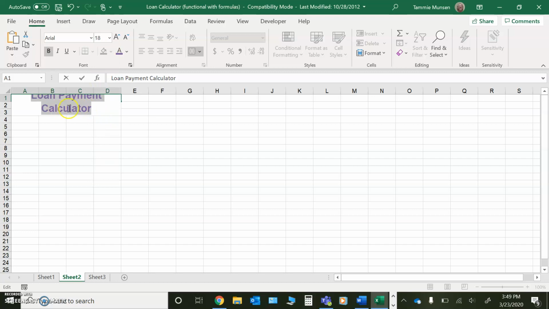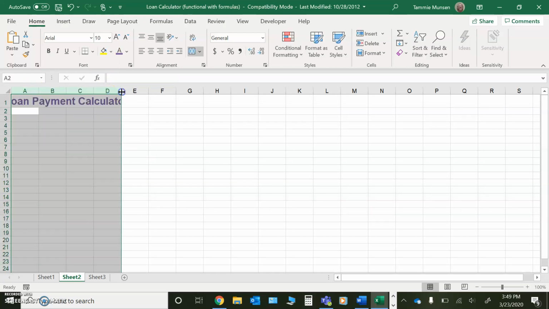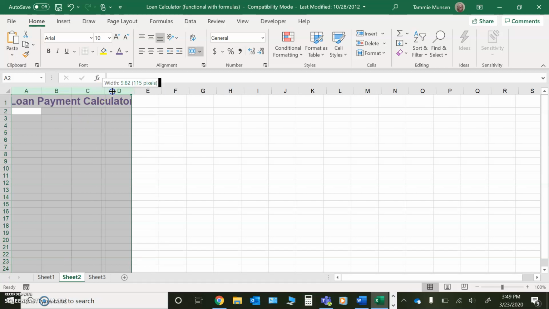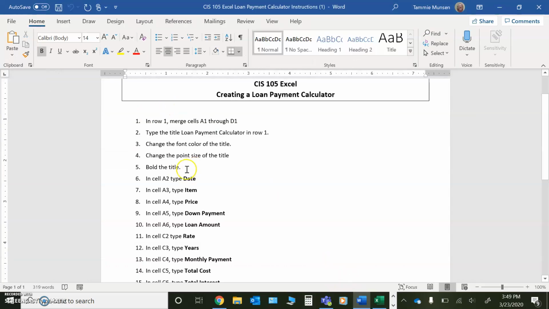If you change the point size, remember you come up here and you're going to highlight and adjust those column widths, so that the title will fit. I need to adjust mine there. So then your title fits in there. Again, you guys might pick different colors than me. So just kind of an FYI, but if you follow the instructions, it says step 6,